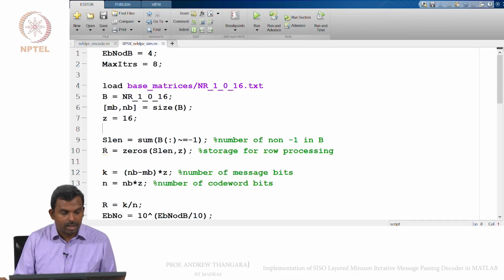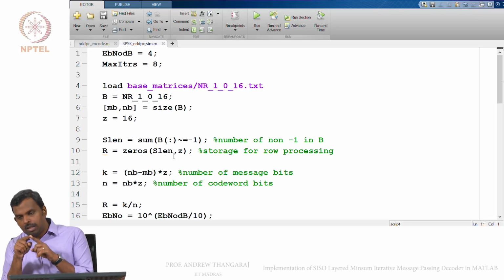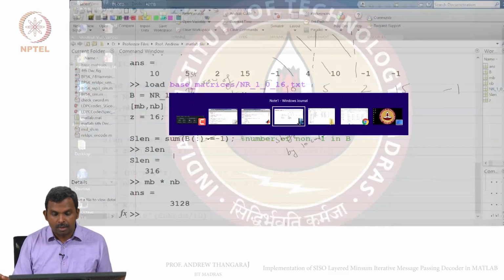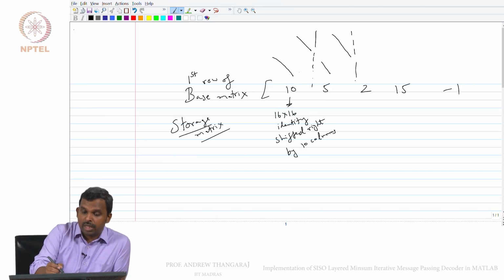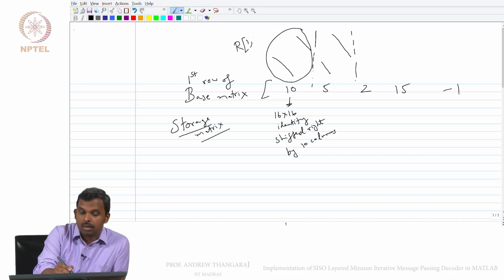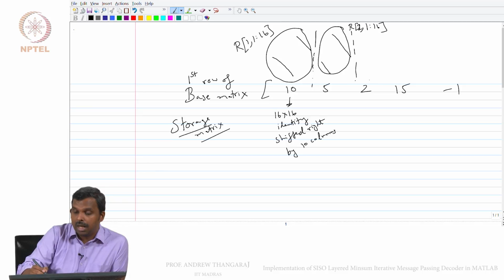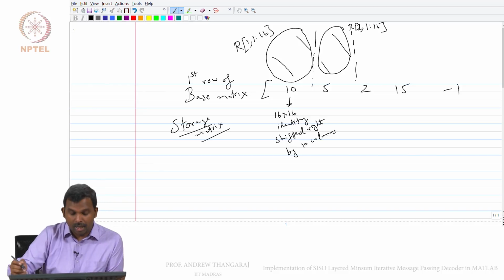So, we have done that, we have this R. Now, this R is sort of like a linear entry. For every non -1 I have an R. Let me show you why that is important. The storage for this will be R of 1 comma 1 colon 16. What will be the storage for this? That will be R of 2 comma 1 colon 16, and so on. And this will be R of 3, R of 4, and then there is a -1, and if you remember the matrix B,